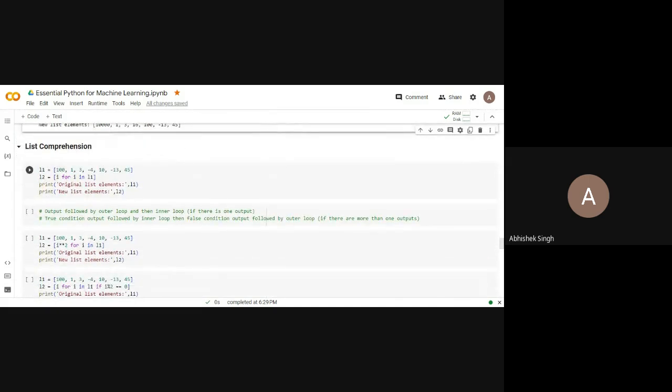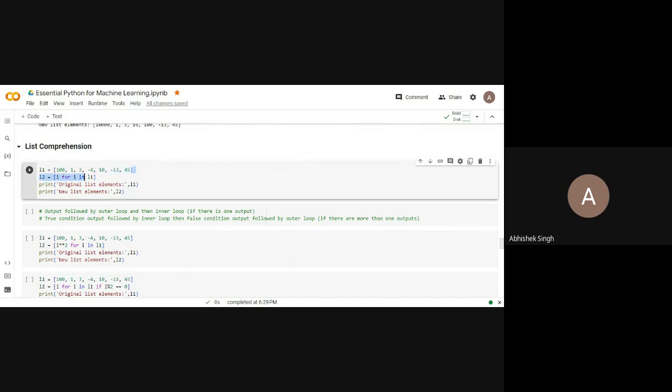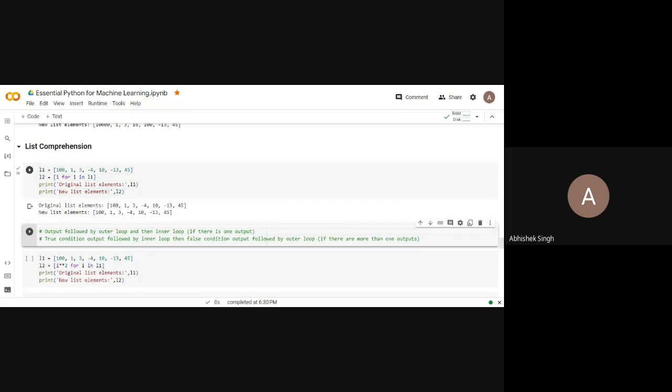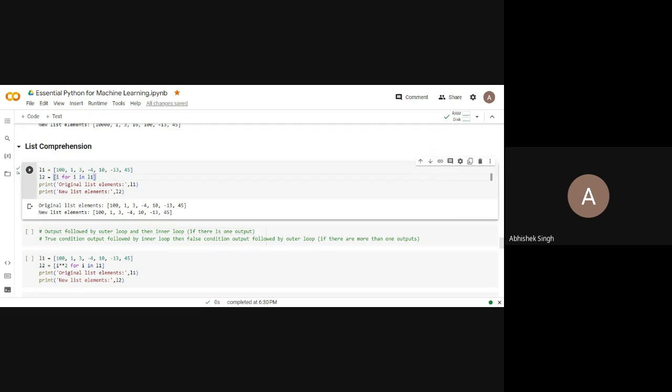Okay, so see how it is written here. List is given. Now what I'm doing, L2 is equal to I for I in L1. And then I run this. The list has been copied to L2. So list comprehension, the word comprehension means ability to understand. This is the dictionary meaning, comprehension, ability to understand. So here list has the ability to understand that, okay, if something is written within square brackets like this, then you have to perform the append operation. Okay, you don't have to write append operation here.